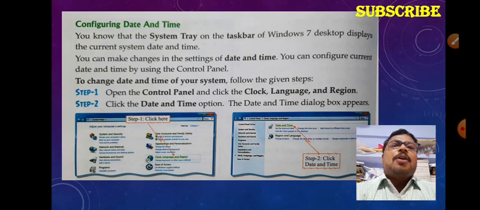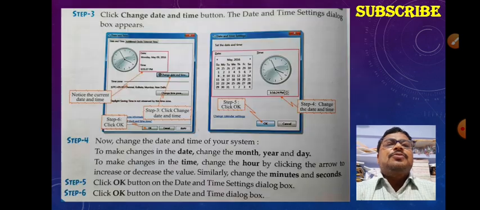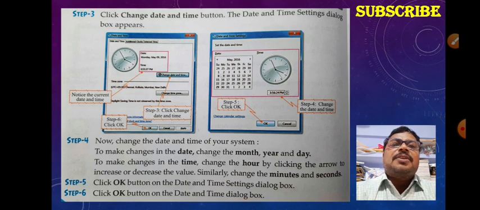Now next is how to configure the date and time, that means how to change the date and time of the computer. We usually do this, we set it in a laptop, a computer, a smartphone, a mobile, and a smartwatch also. We set the timing we need to display in a laptop. We can follow the steps and do this. This window will appear, the yellow box. Here you can set the time zone, calendar, timing, date, day, and the format of the date and time also.